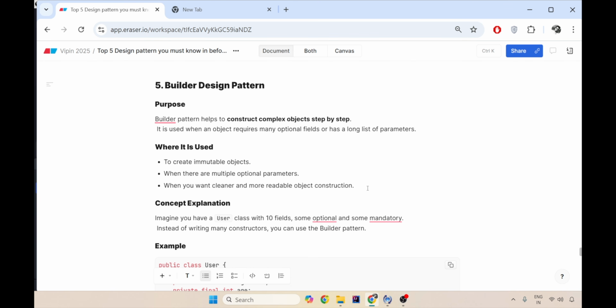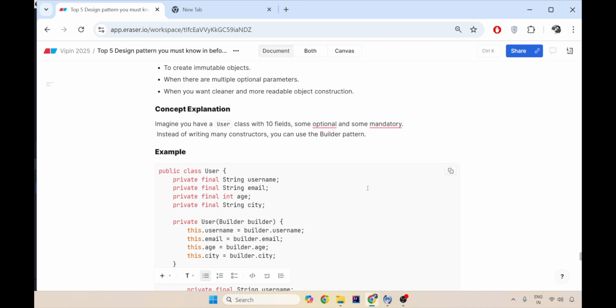The last and the most important design pattern that is useful in a real enterprise application is the builder design pattern. Now suppose you have an e-commerce system. In an e-commerce system, you want to get the user details where you might have 20-30 fields saying this is the username, this is the last name, this is father name, this is mother name, this is email, this is address, this is permanent address, this is temporary address, this is home address, this is work address, this is office address, this is the office building area, this is city, this is age, this is email, thousands of